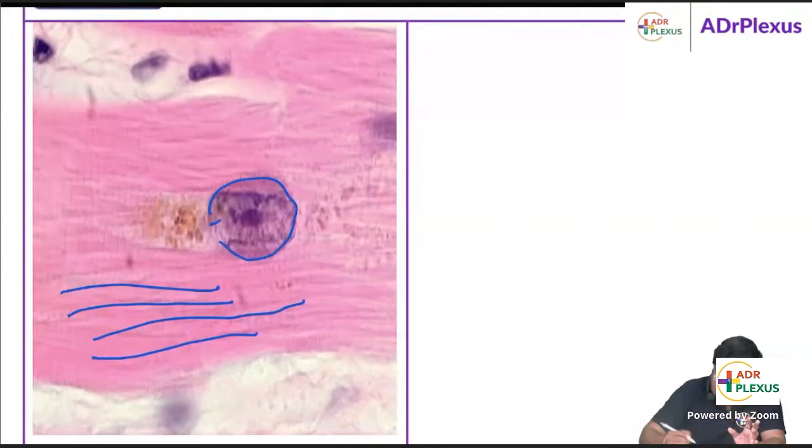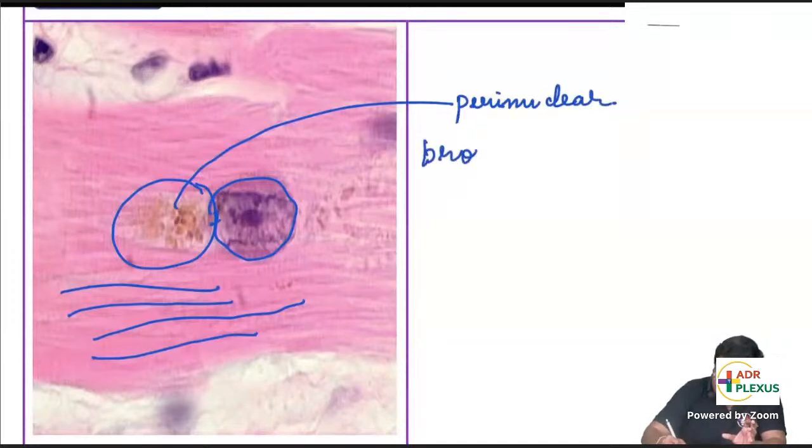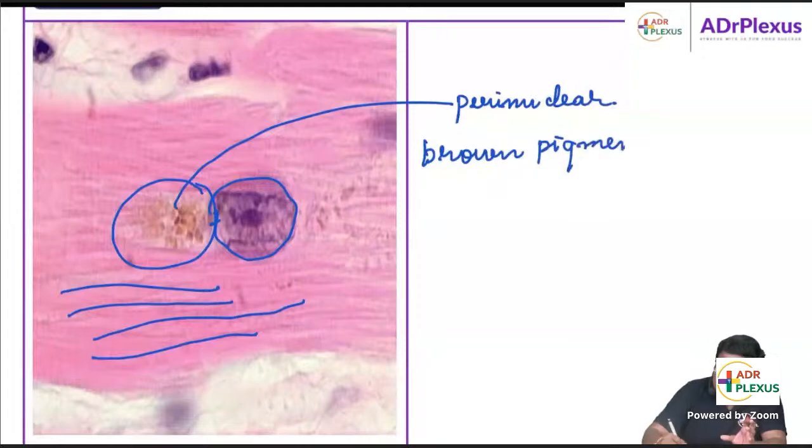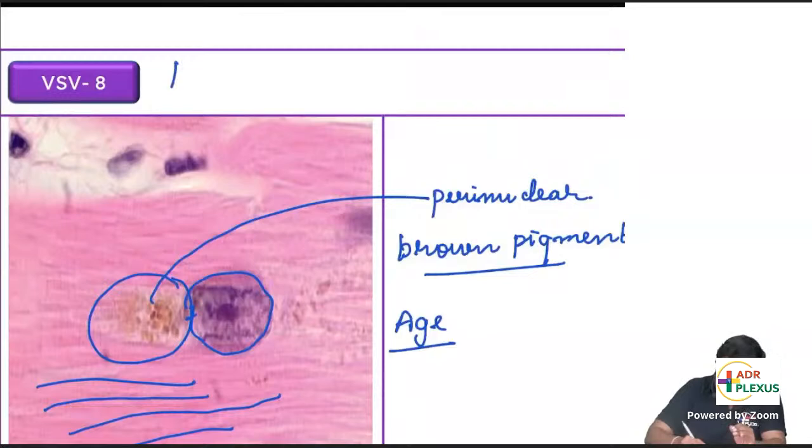Around the nucleus, in the perinuclear location, you are getting this brown pigment. It is a case of old age, so please remember elderly age group. This is the lipofuscin